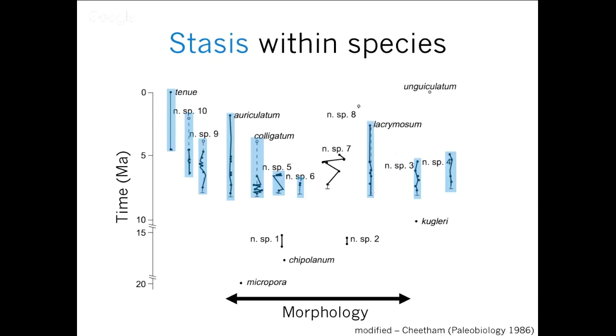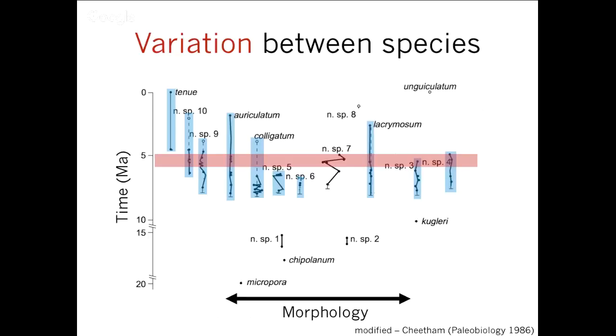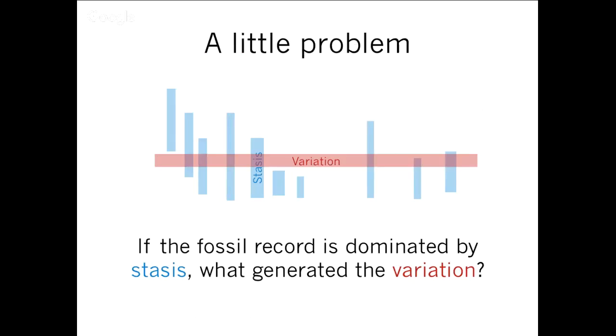And one thing that quickly is troubling when you look at this figure is that when you have stasis maintained over long periods of time, we have variation between lineages. How do you reconcile these 2 facts? At some point, you need essentially these horizontal lines that reconcile the difference. And so when studying trait evolution, one of these fundamental problems is how do we reconcile the fact that variation was generated over time with the fact that the fossil record is largely